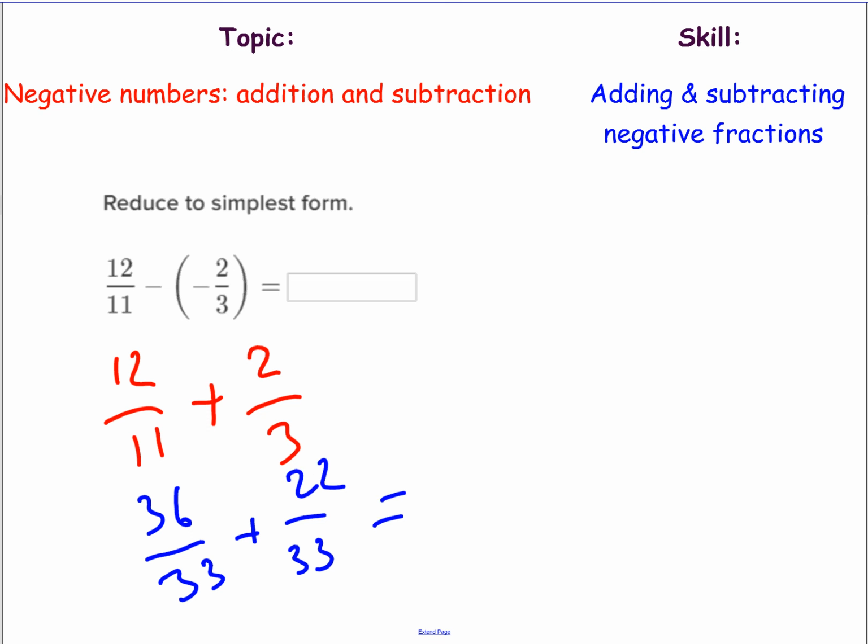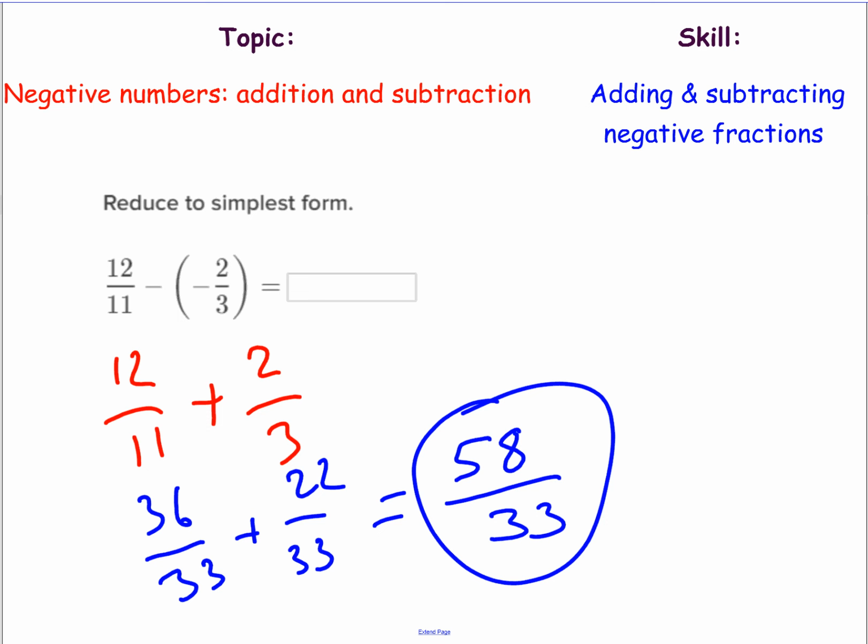When you add the two up in the numerator, 22 plus 36 is 58 over 33. That is our answer, 58 over 33. It's important for you to know that that's the same as the mixed number. 33 goes into 58 one time, because 2 times 33 is 66, too much. So it goes in one time with a remainder of